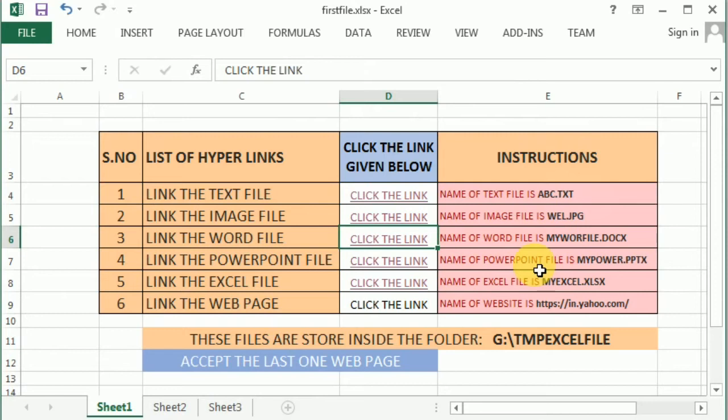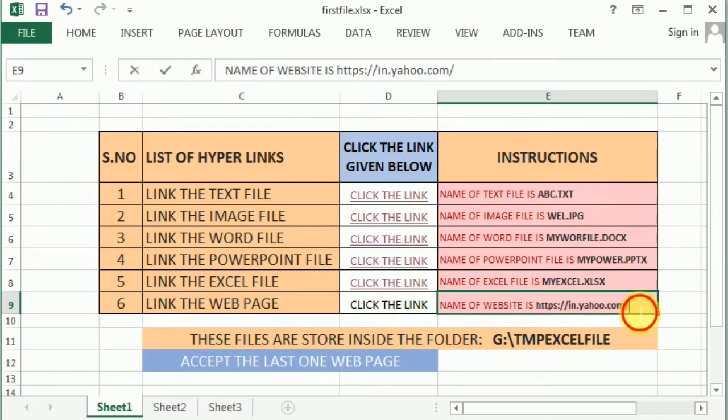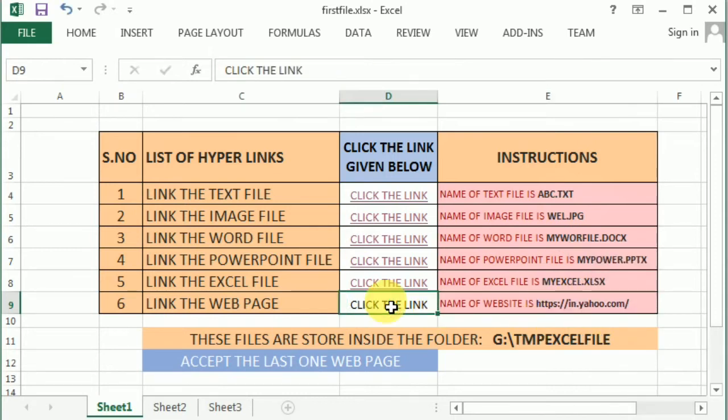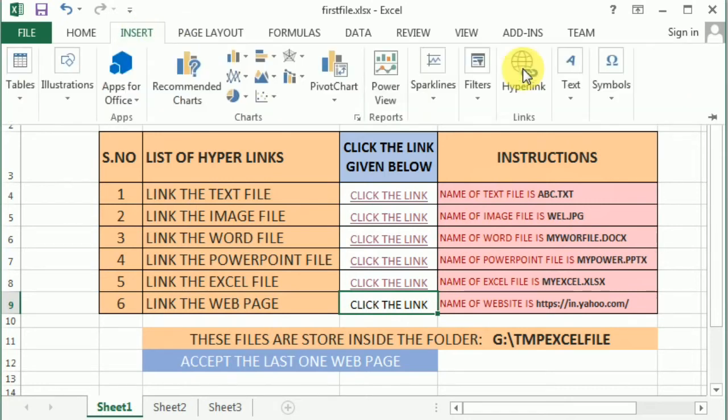Now the last one is a web page. In a web page, the process is slightly different. Select the cell. I've given the link also, https in.yahoo.co.in. I just copied that link up to https and selected the cell. Now I go to Insert, the same hyperlink.